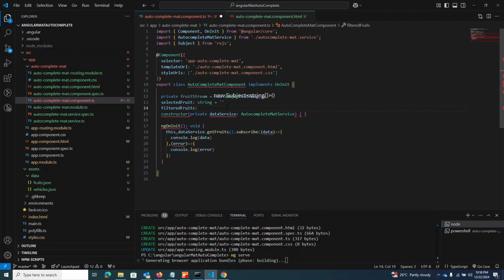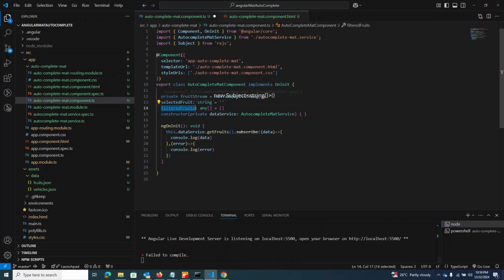Type is going to be any array. So we'll try to push this into